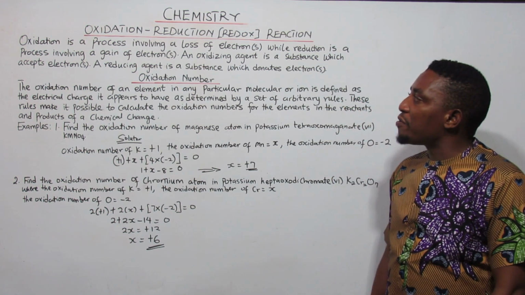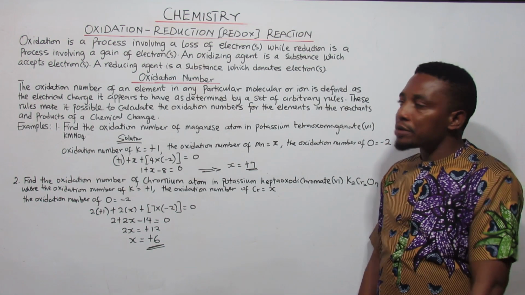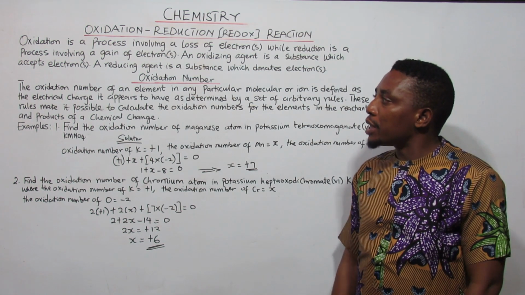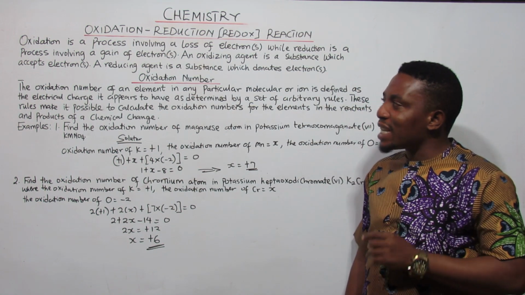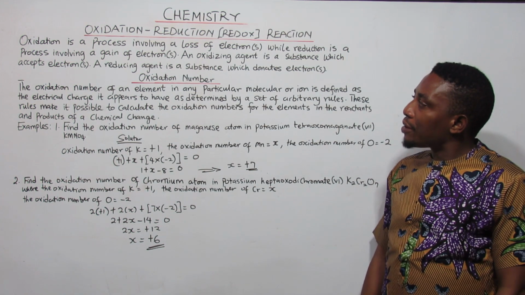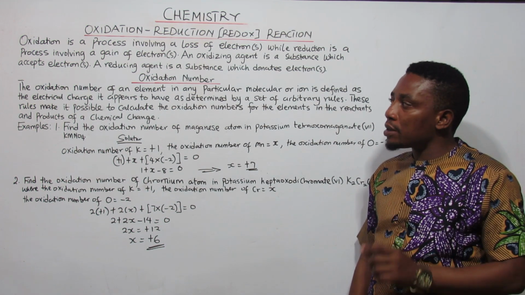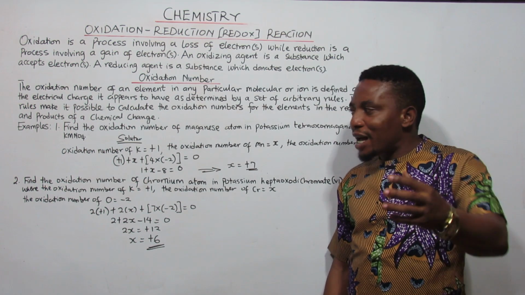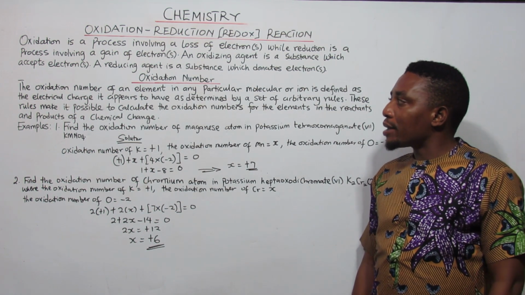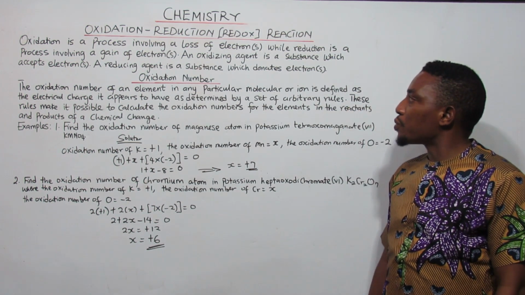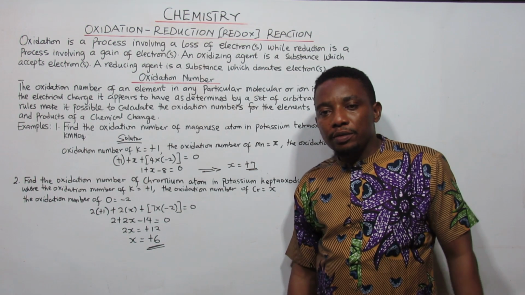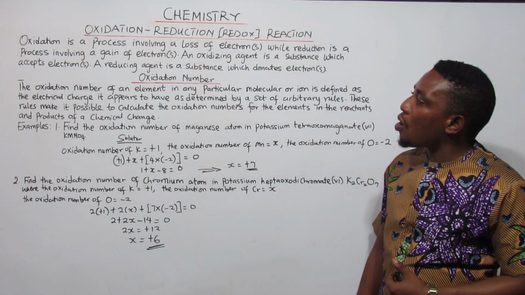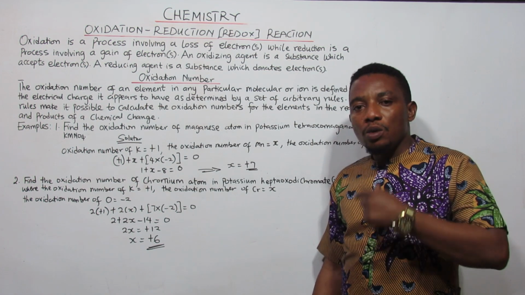Oxidation is a process involving loss of electrons, while reduction is a process involving a gain of electrons. An oxidizing agent is a substance which accepts electrons, while a reducing agent is a substance which donates electrons. So an example of a reducing agent can be when we have